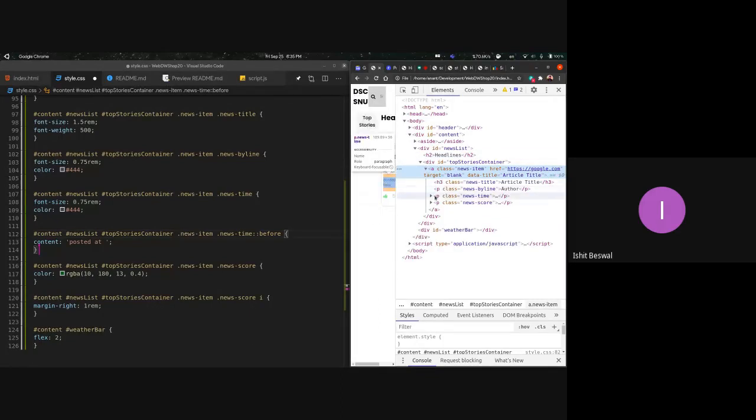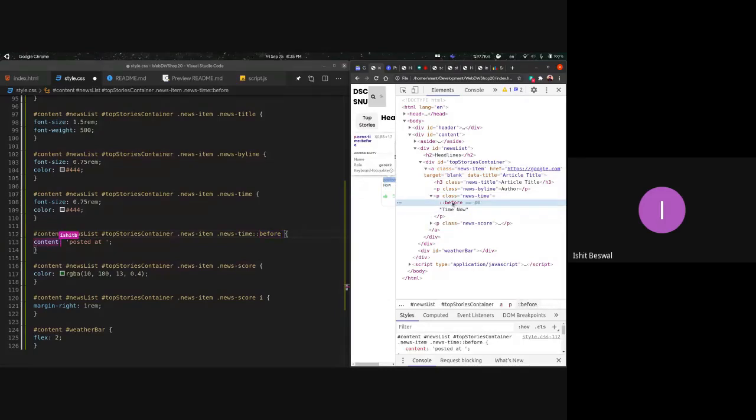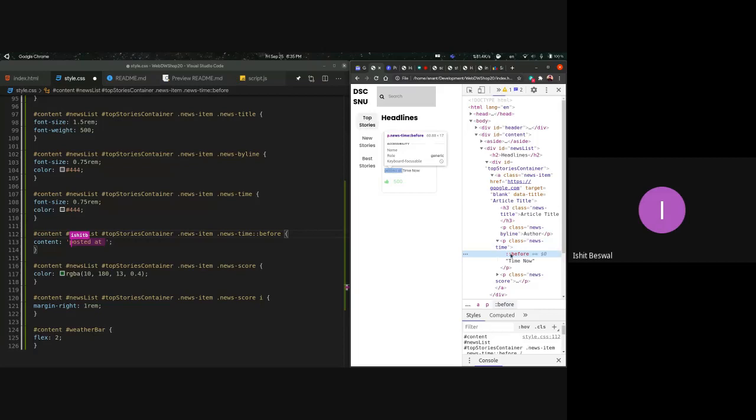Now, the before pseudo selector takes a property called content, which is necessary to give. If you are using it for any other stuff, you can just give it a blank content. You might be noticing that the time has a value of time now, and I've given it a content before of posted at.